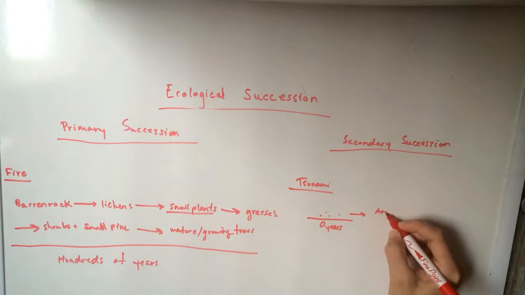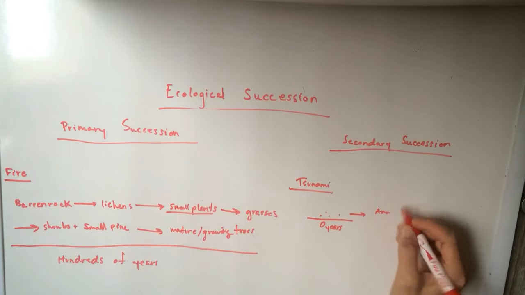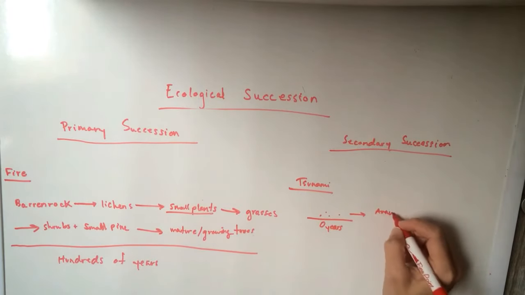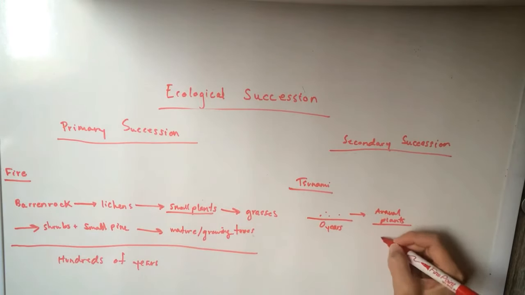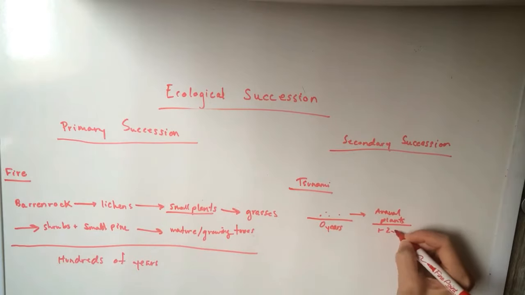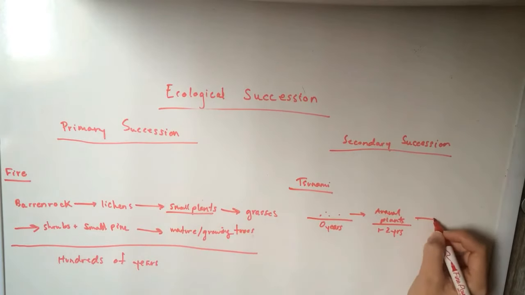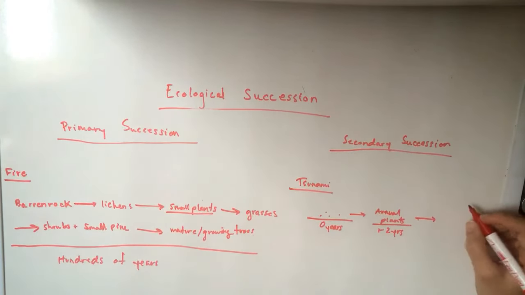So right here, annual plants. And that's from 1 to 2 years maybe. And then after 1 to 2 years, we can start to see